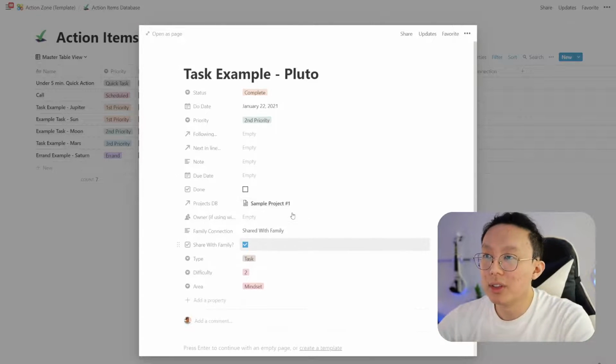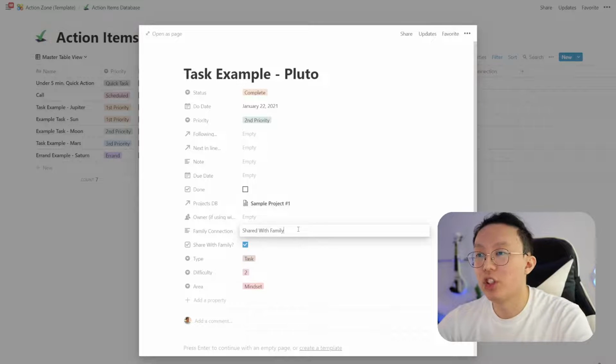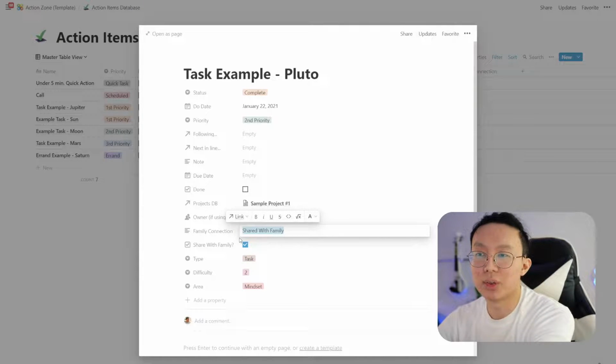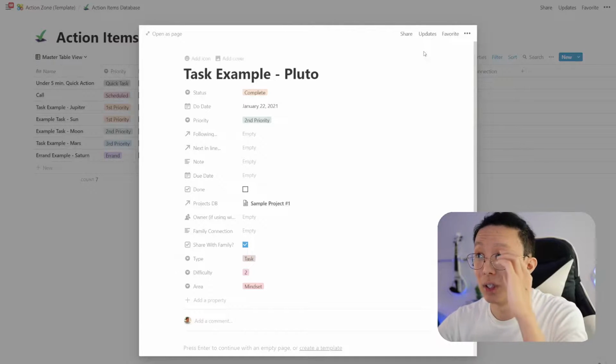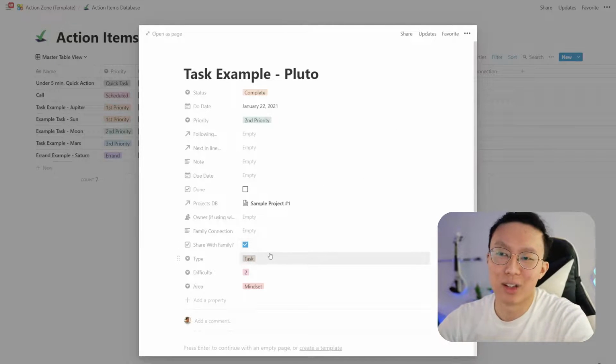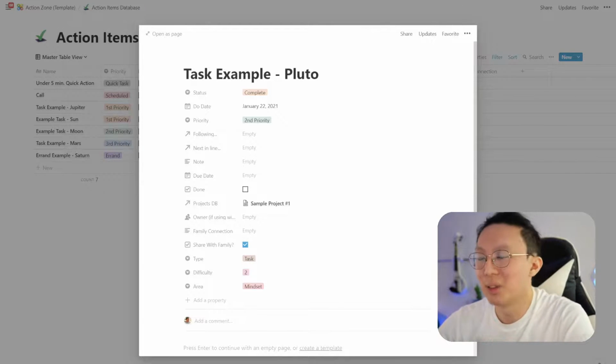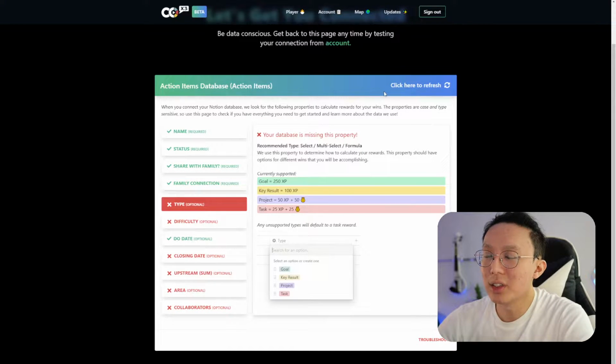So what I want to do now is I'm going to change this. I'm going to just refresh this to show you, right? And now because it actually is going to give me a difficulty level of 2, it's going to give me actually 50 XP instead of just 25. So let's show you how that one looks.